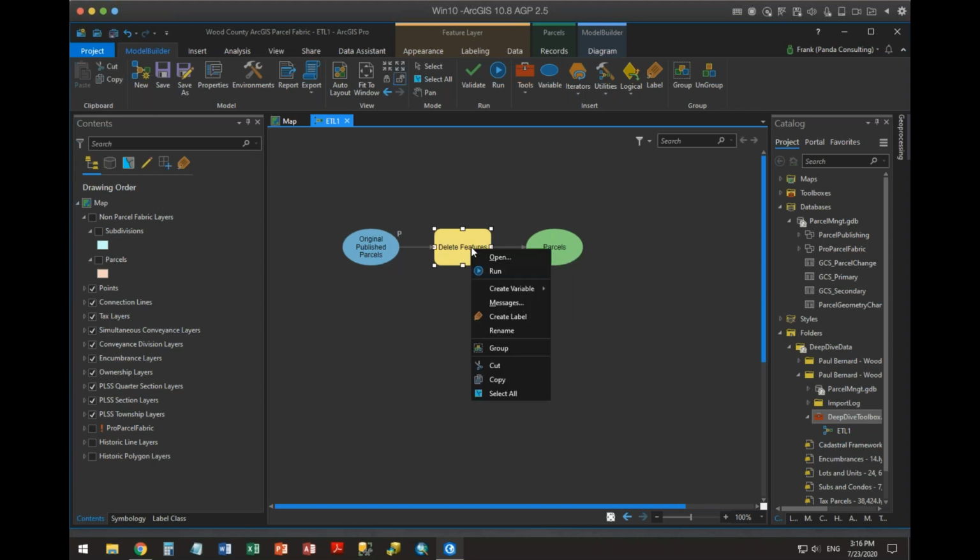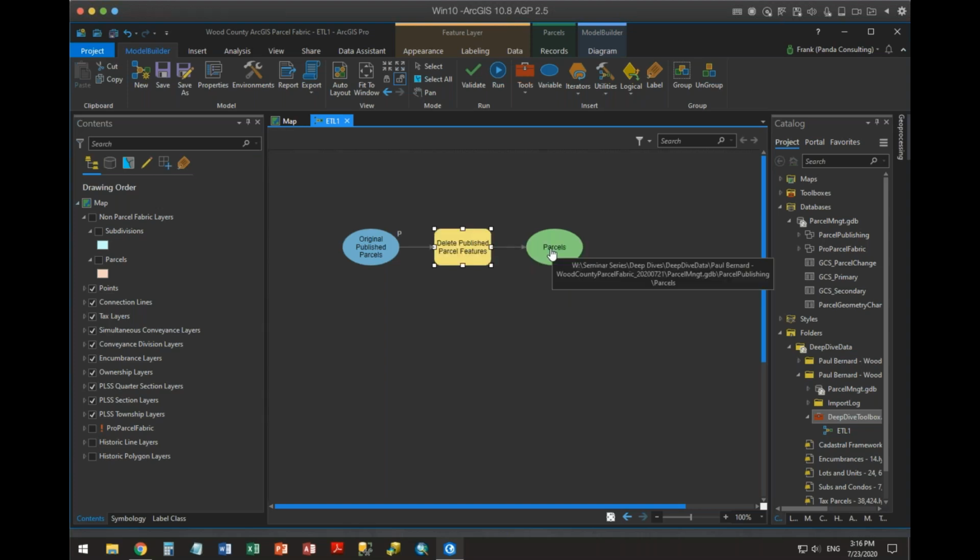This is my delete, and I'll rename that to delete parcel features. And here is, I'll rename this to